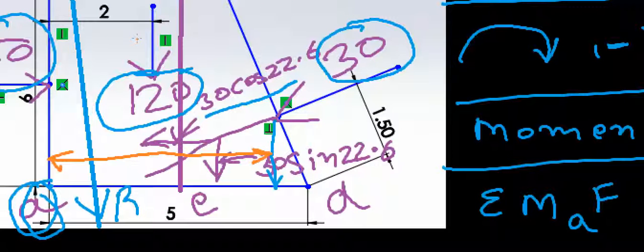Let's calculate it. Here it is given that this is 1.5. So if this is 1.5, then this distance will be 1.5 cos of 67.4, and this distance from here to here will be equal to 1.5 sine 67.4. Okay, so that is equal to